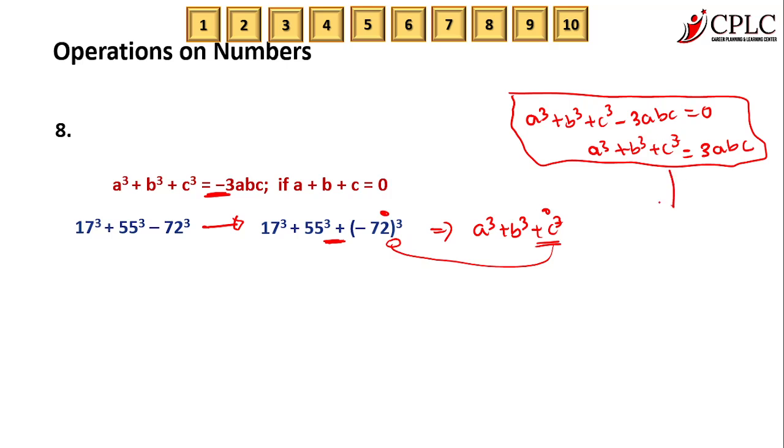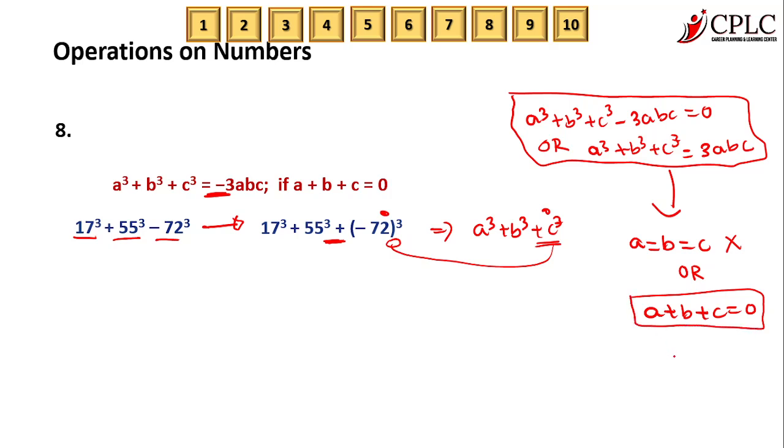Also, all of this is going to be true when you have two scenarios. Either the three numbers are equal, or the sum is 0 for them. Again, if you go back to our numbers, they are 17 and 55 and minus 72. Are they all equal? No. But we have to check the sum, whether the sum is 0 or not. And when you do that, you end up realizing that yes, the sum is 0. So that means the condition is matched, and if the condition is matched, then instead of these numbers,